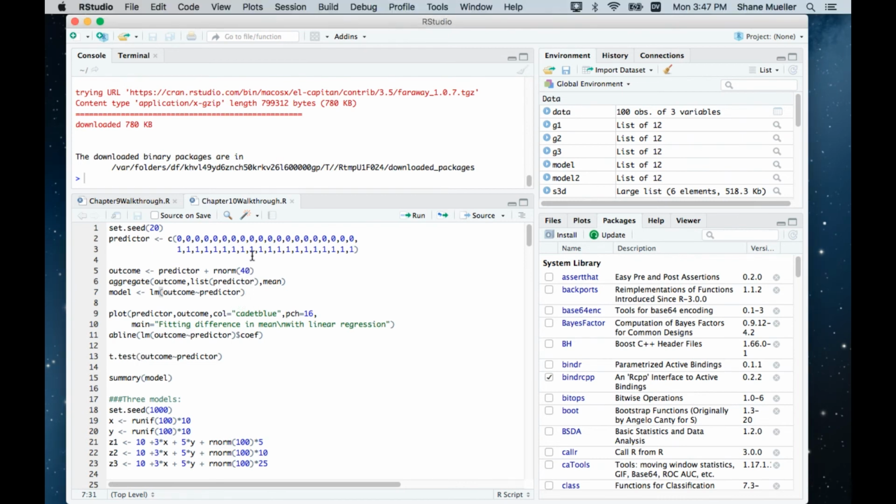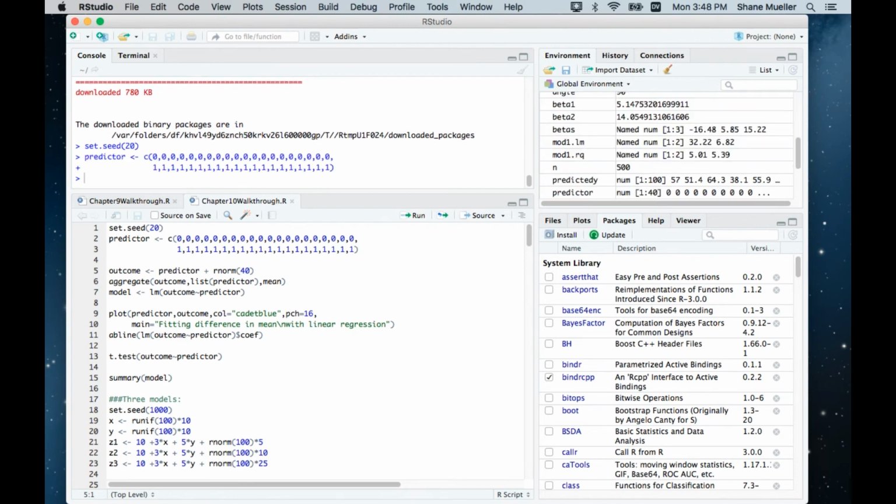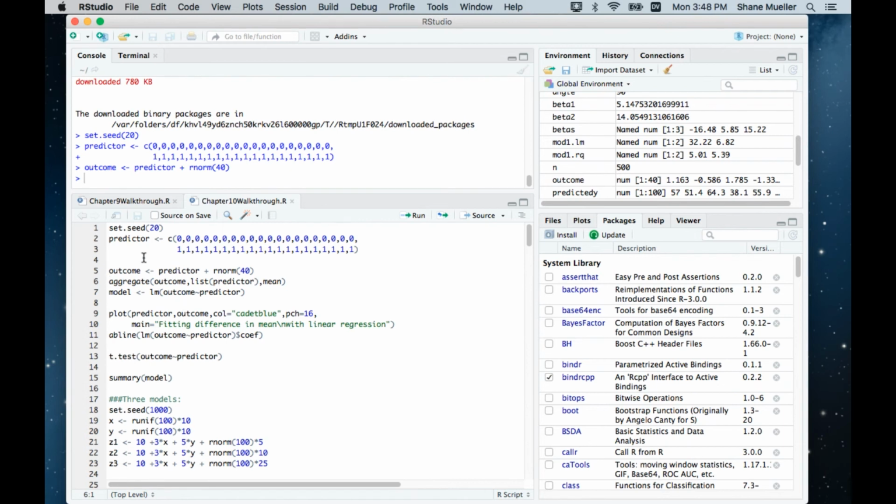You might think, how is a regression similar to a t-test? We already sort of know that a regression is similar to a correlation, but it can also be framed to be similar to a t-test. For example, let's create a predictor that has exactly two levels, and then an outcome that's related to the predictor plus some noise. So if I were to plot predictor and outcome,